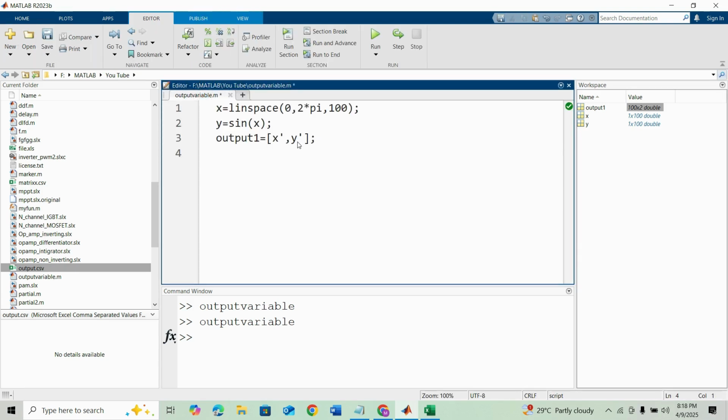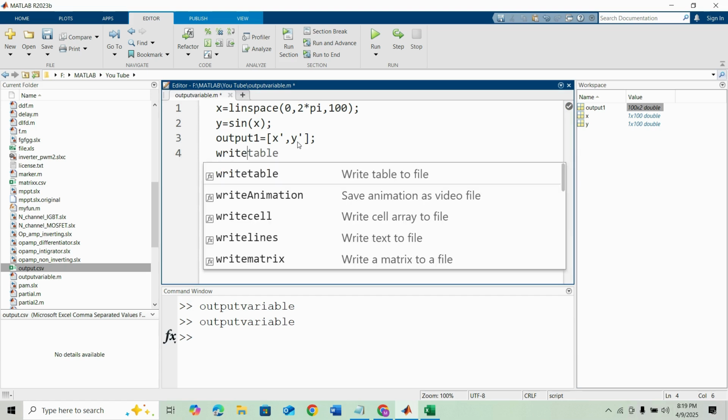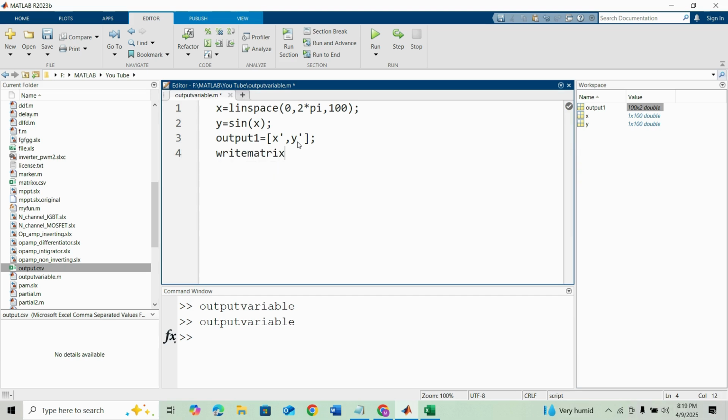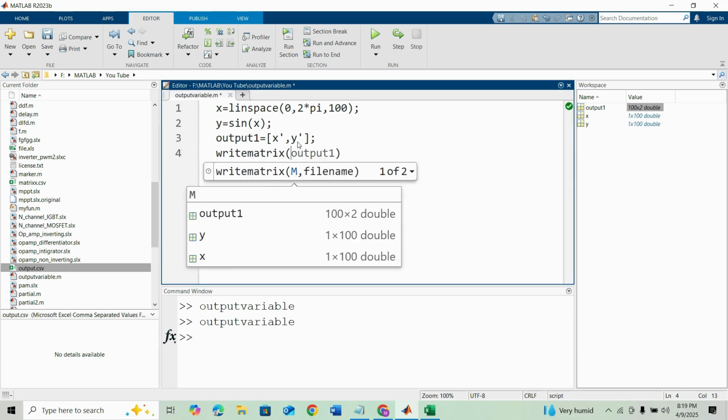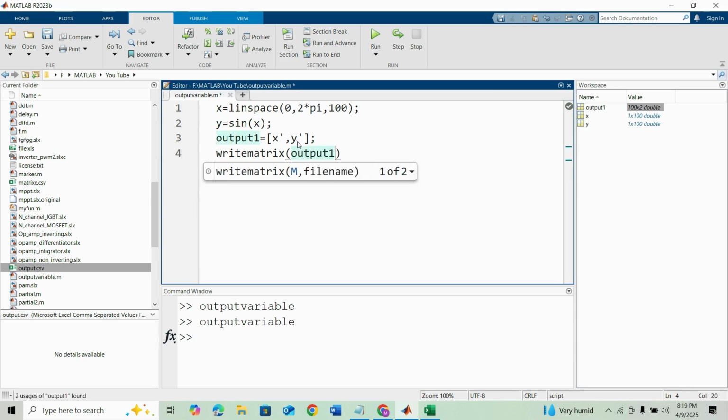Now we have to set the output variable as a CSV file to use function write matrix, and our variable name output 1, and finally the file name. Here I'm putting this file name .csv. Okay, now if we run this model,